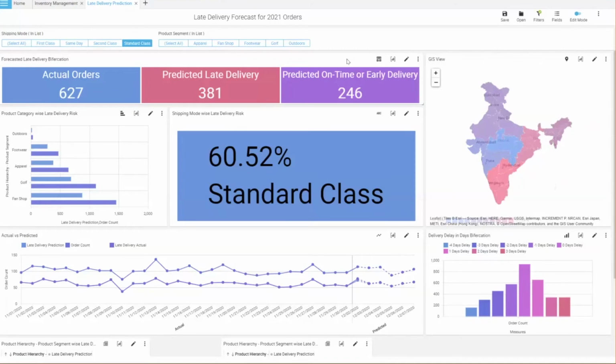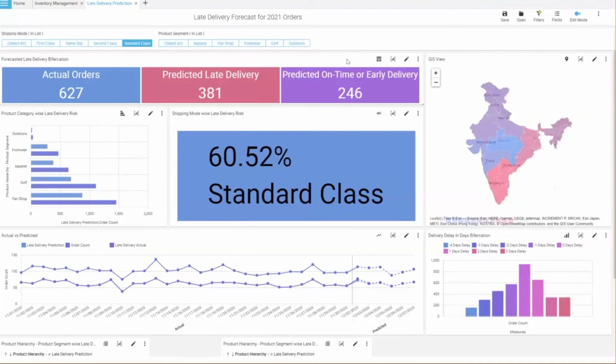Okay. Next question is, are any real-time inputs like any supply chain risk in a particular geography taken into consideration while predicting delivery? Yes, we do that. We definitely do that. And even for this pandemic situation, the use case which we try to demonstrate. Initially, a standard use case can be where we show a holistic view or a global forecasting. Okay, these were the number of orders, and these were what we predict will get delayed.